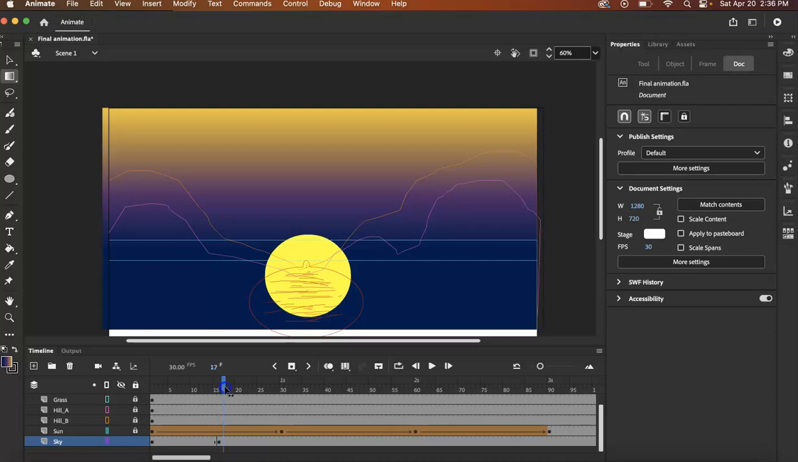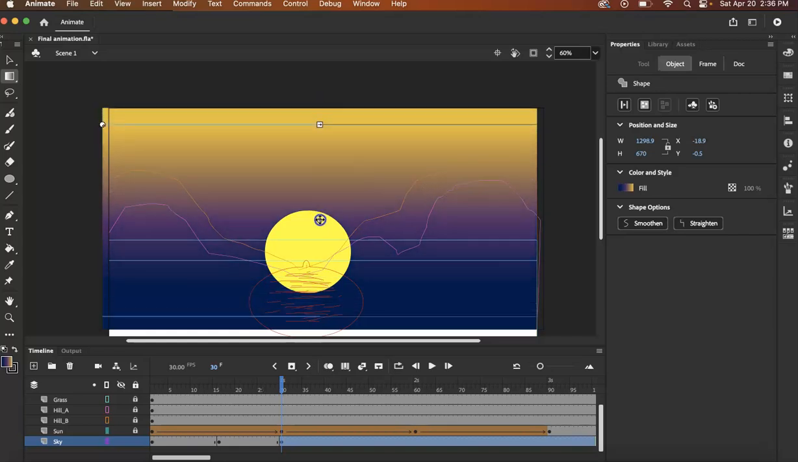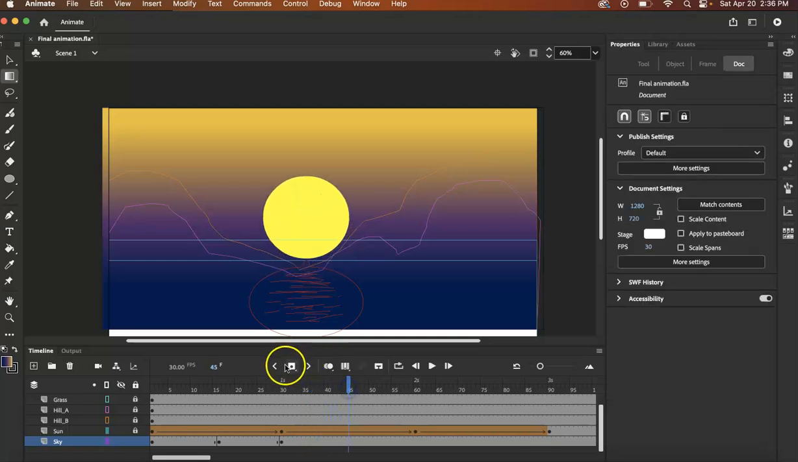So let's drag, let's say right at the 1 second mark. Let's add another keyframe, and let's just make our gradient bigger again, move it down. That way it looks like it's getting brighter. Then let's go up again, maybe here. We'll add another keyframe,